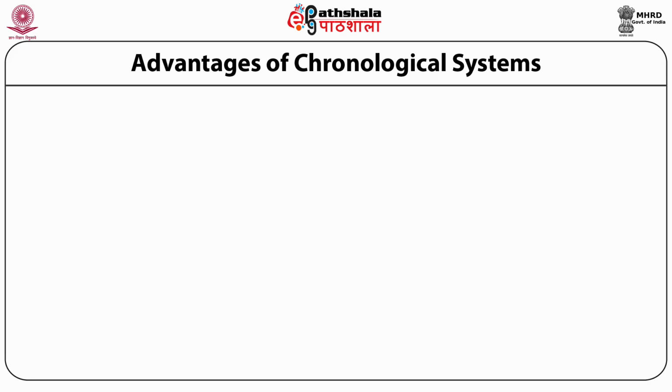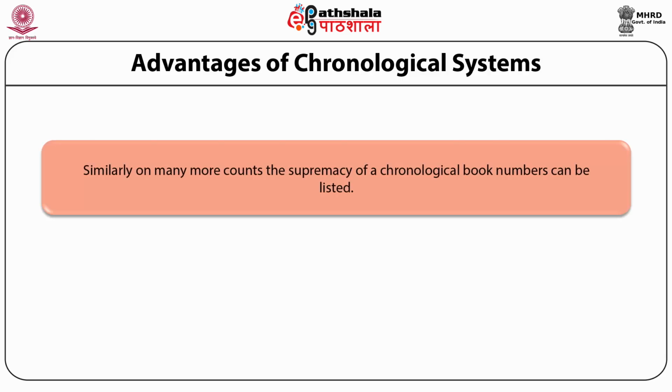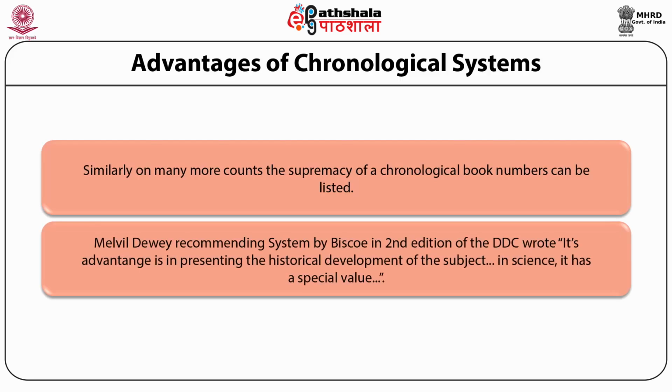Similarly, we can find many advantages of chronological systems which can be listed. The one is that in chronological systems the numbers are a bit simple and brief. Melville Dewey recommended a system which was devised by his friend Biscoe in the second edition of the DDC. He wrote that its advantage is in presenting the historical development of the subject. In sciences, it has a special value. It means that the chronological system has more value in scientific and technological subjects than